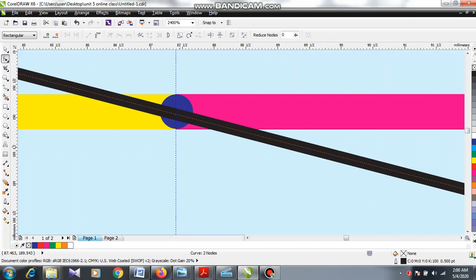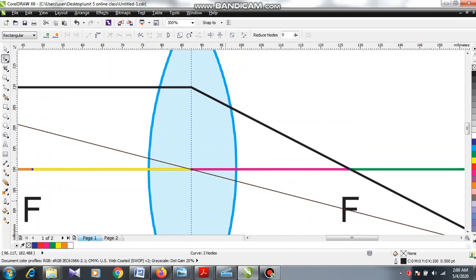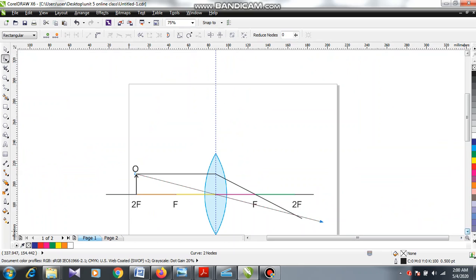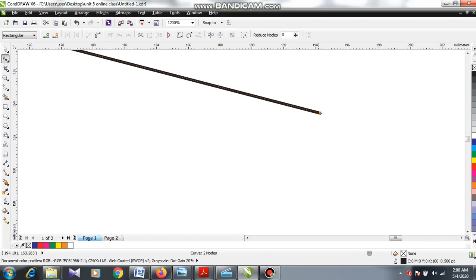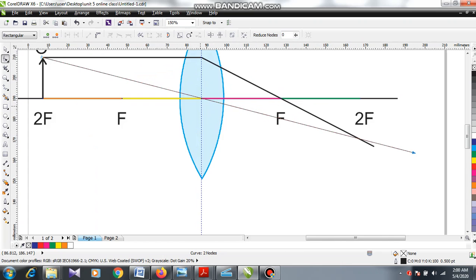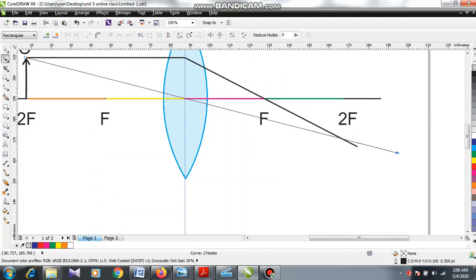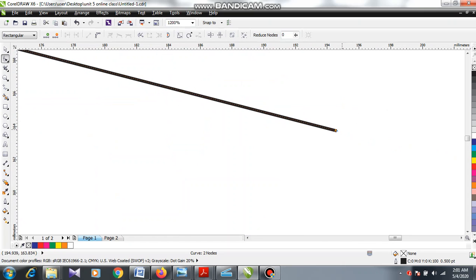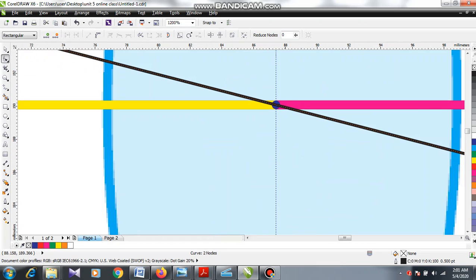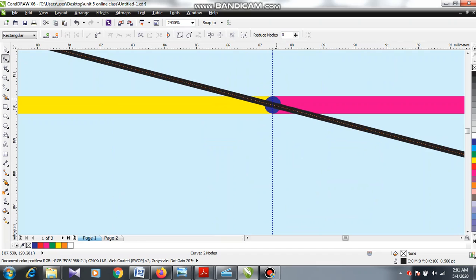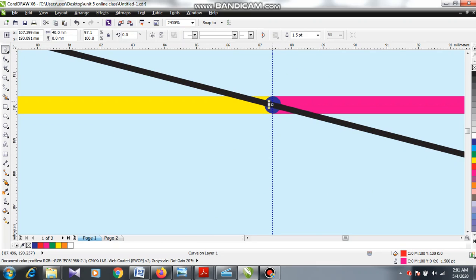Okay, a little down. Let's take it a little up. While you are drawing, as you are using a ruler, you can perfect it. I have to look at the center and place it in exactly the correct location. Now see, it is correctly going through the optic center.